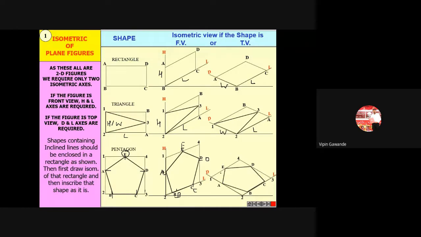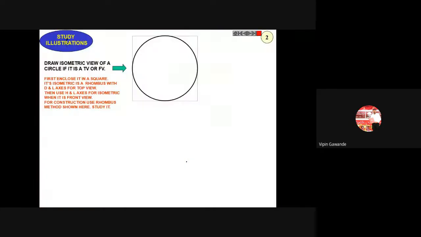See, on this plane you have to mark here. From 1 it is A distance. From 2 it is B distance. From 3 it is C distance. From 3 it is D distance. Then from 4 it is E distance. So you'll get this type of thing. See, it is very easy. Just take this plane and put it here. Just put it here and here. So you'll get the required rectangles.